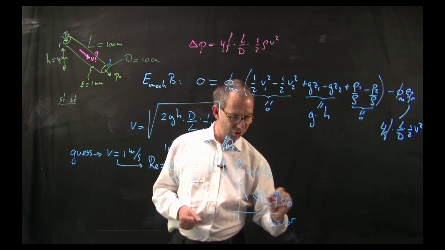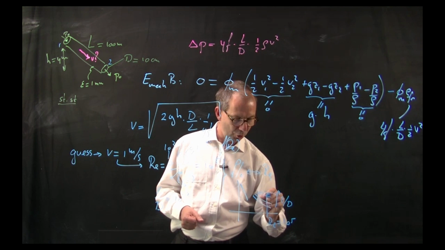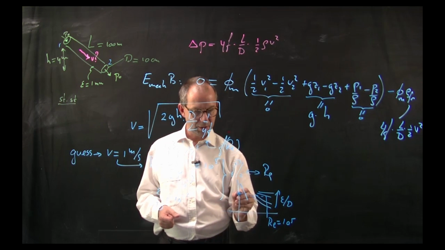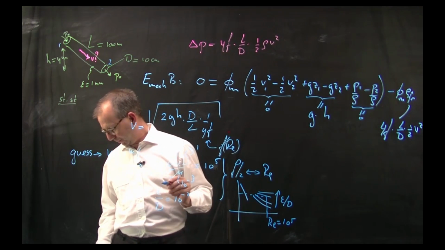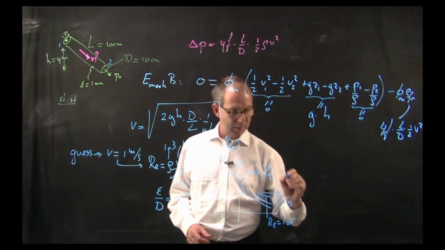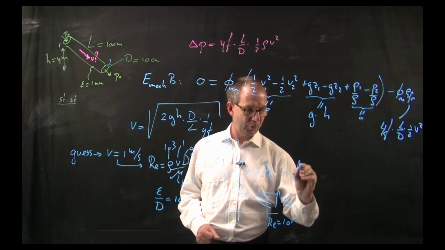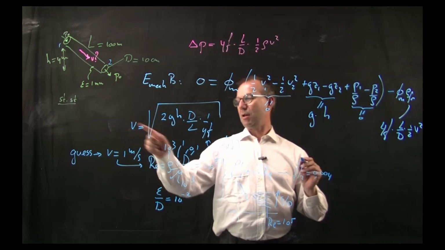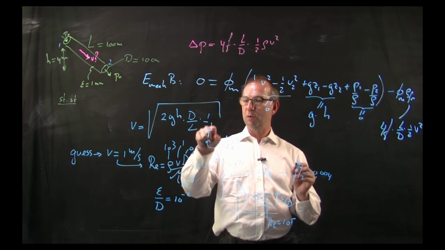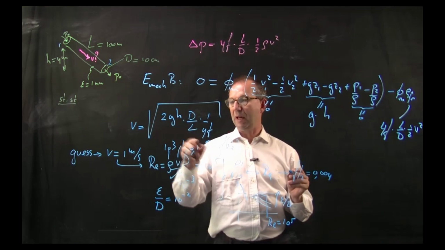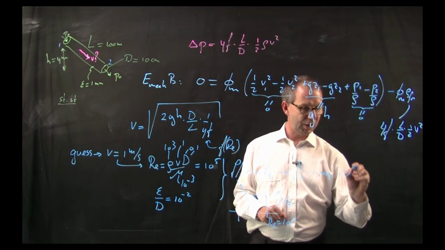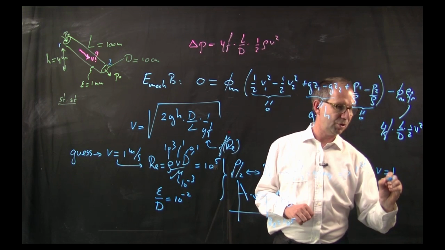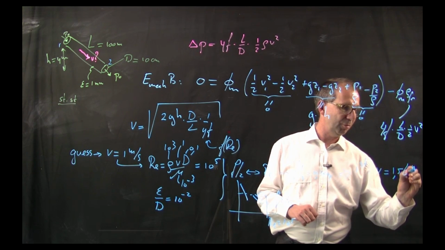You look for the right curve, say that is this one, epsilon over d being 10 to the minus 2. And then you read off what F over 2 is. And that gives F over 2 is 0.004 from the graph that I inspected. Thus I can rework this, fill in F over 2 here, so the F, compute again, everything else is known, and I get my first estimate of v after my initial guess, and it gives me, if you put in the numbers, 1.5 and a bit meters a second.